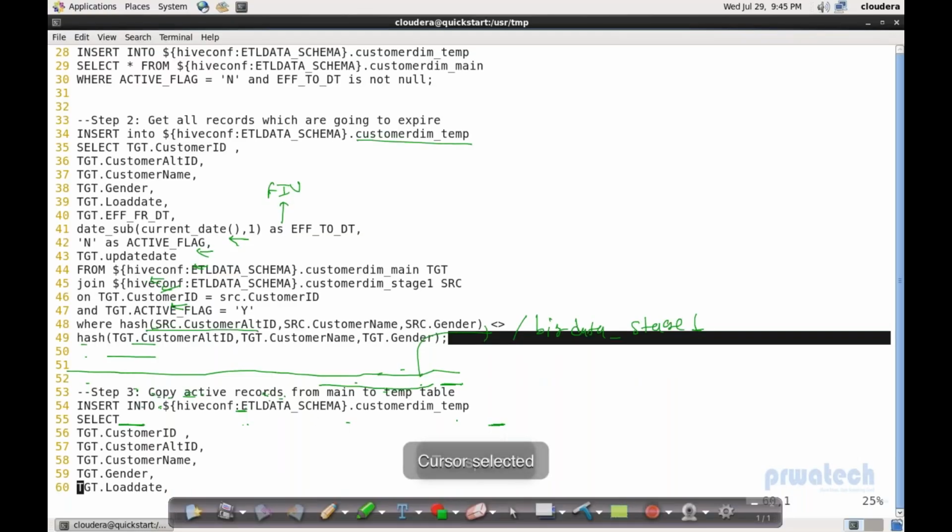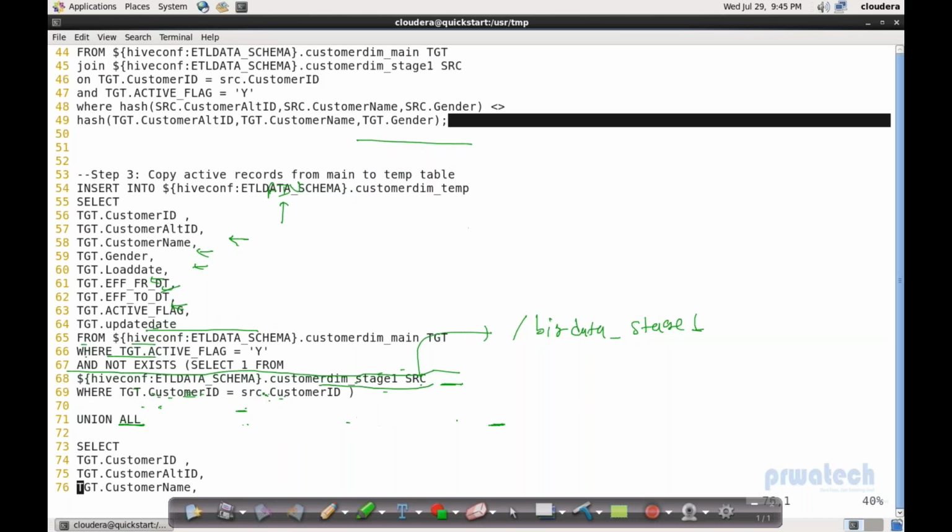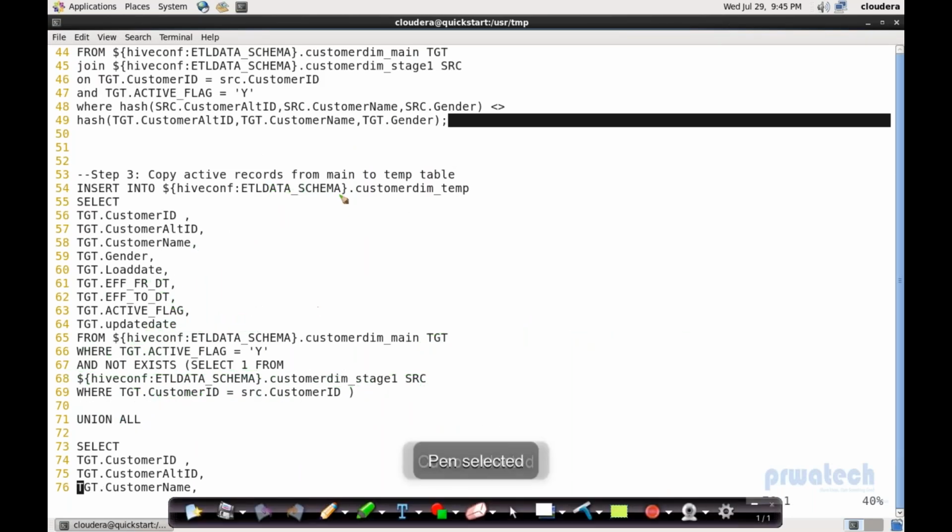Then in the third stage, copy active records from main to temp table. Okay, so whatever records are active, how do we know which are active? Using status Y. And this is the condition we pass here. TGT alias name is customer dimension main. So from the main table, we take again customer ID, alt ID, customer name, gender, from date, to date, active flag, which is Y, update date,